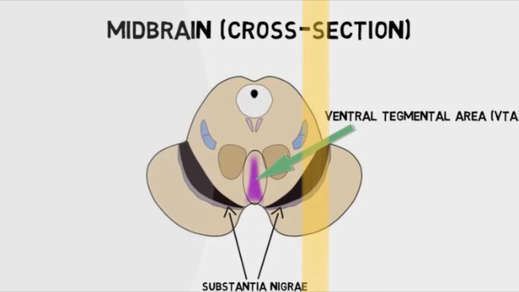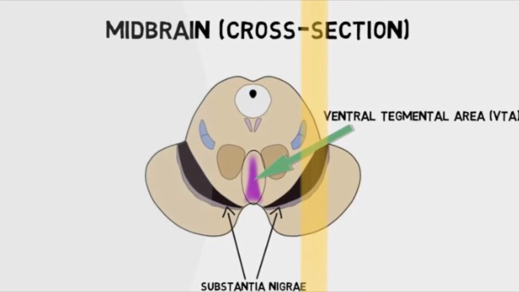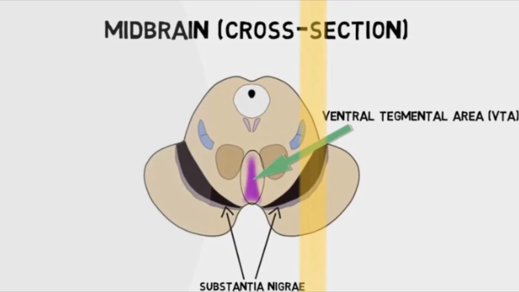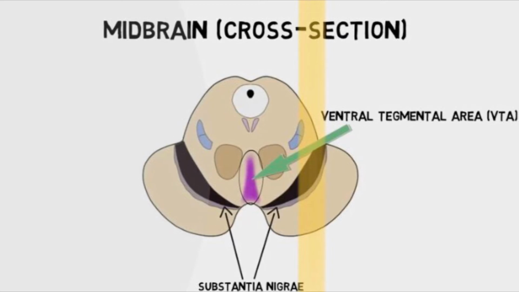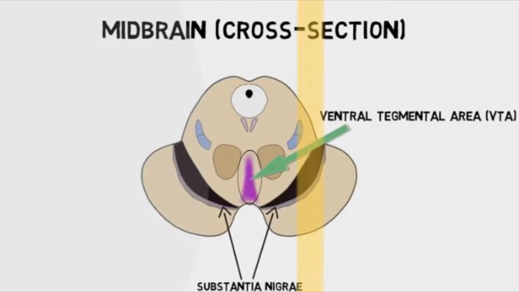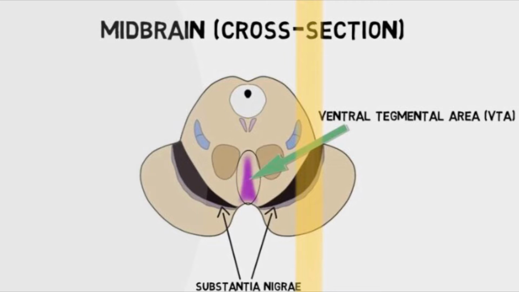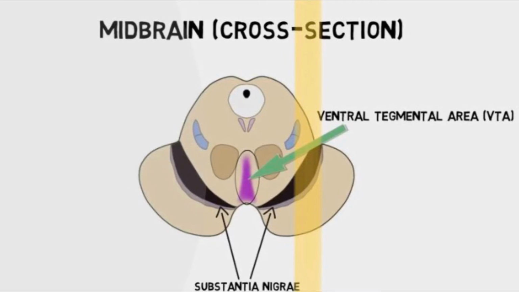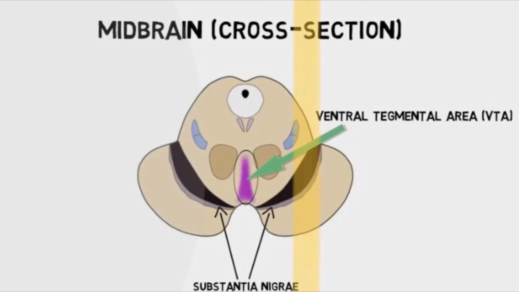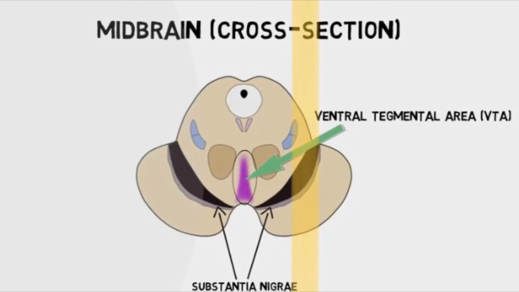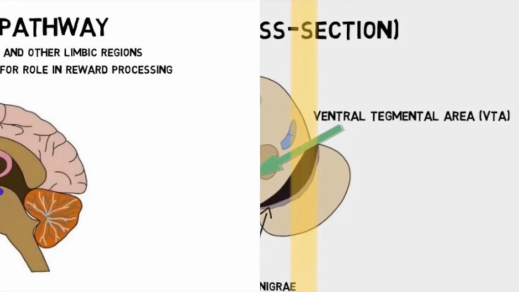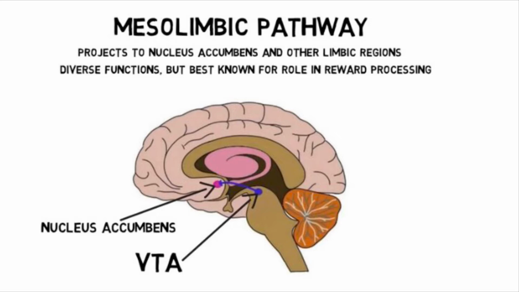This pathway can be broken down into the mesolimbic and mesocortical pathways, and these both extend from a portion of the brain called the ventral tegmental area. The VTA is located in the midbrain and is one of the most dopamine-populated areas of the brain besides the substantia nigra. Now, in the mesolimbic pathway, there are dopaminergic projections from the VTA to the limbic system. Abnormal activity here can cause changes in the limbic system that contribute to the positive symptoms of schizophrenia.